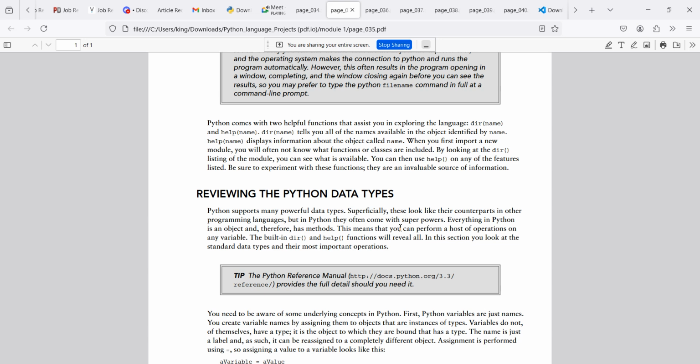So here we are saying reviewing the Python data types. Python supports many powerful data types. Specifically, we can look at them. For example, maybe you know about the integer, the string, the boolean, the list, and all those things. There are lots of data types that we can explore, so we'll get into details of that. This means that you can perform a host of operations